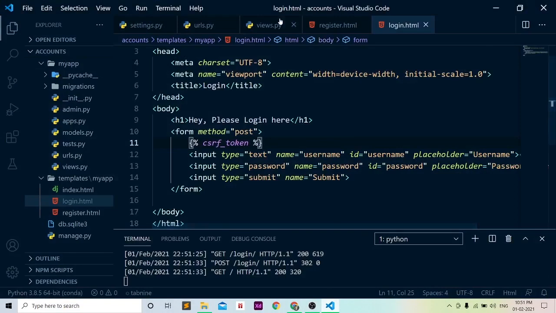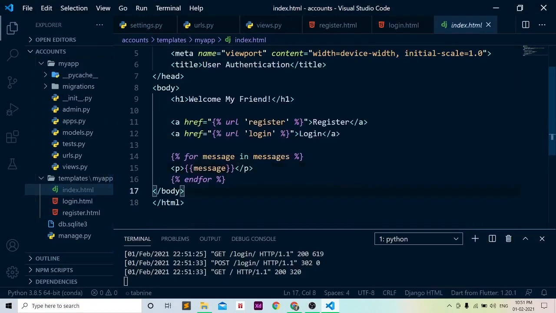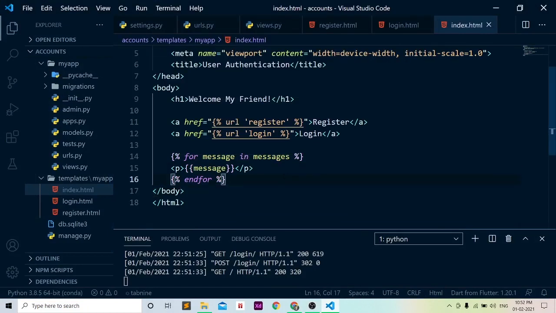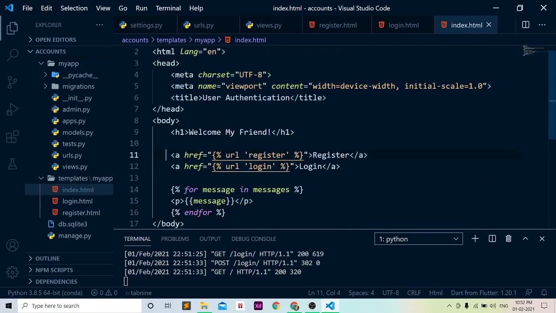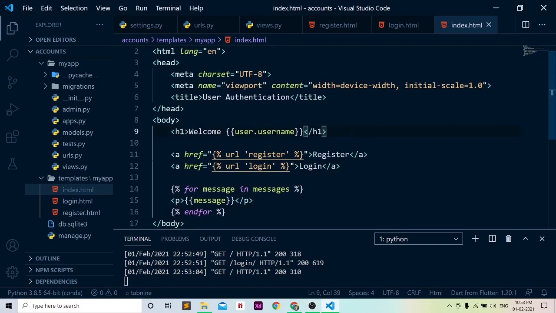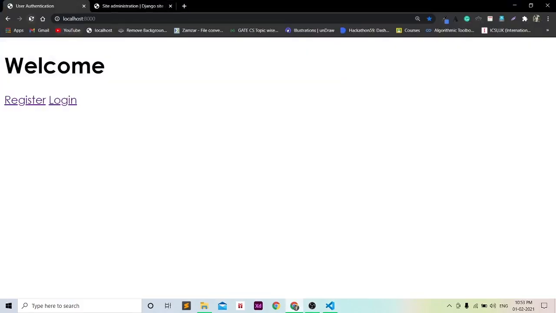So in the index.html file, instead of welcome my friend, we will specify the Jinja template tag user. Okay, so now this should work. Let's see. Yes, Ravindra is there.